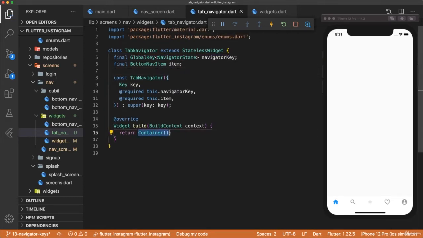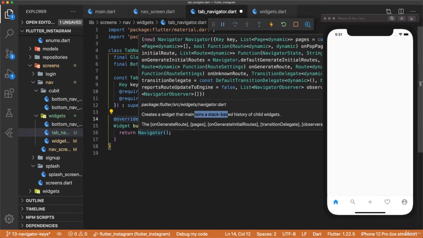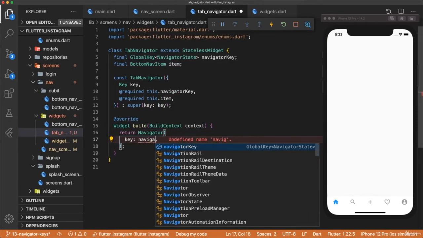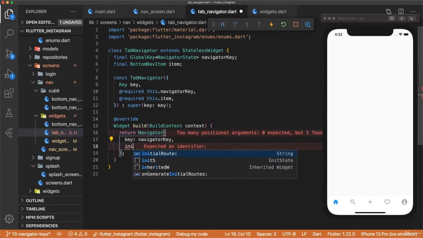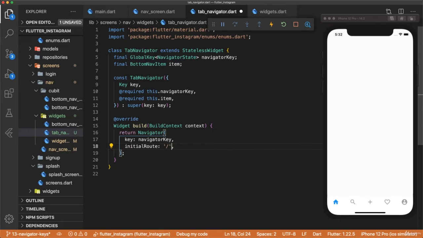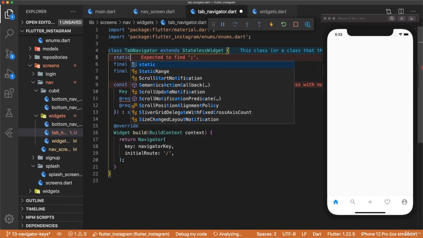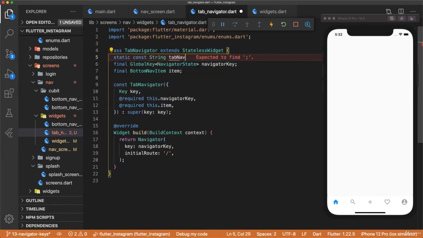And here we're going to return a navigator widget. And the navigator widget maintains a stack-based history of child widgets. And so we're going to be making a navigator widget for each one of our bottom nav items. That way we're able to switch between our bottom nav items and not lose the state of each stack. Let's pass in our key, navigator key. Our initial route will be a slash. And since we're going to be using this in multiple places in this file, let's just create a static const string tab navigator root and set that to a slash